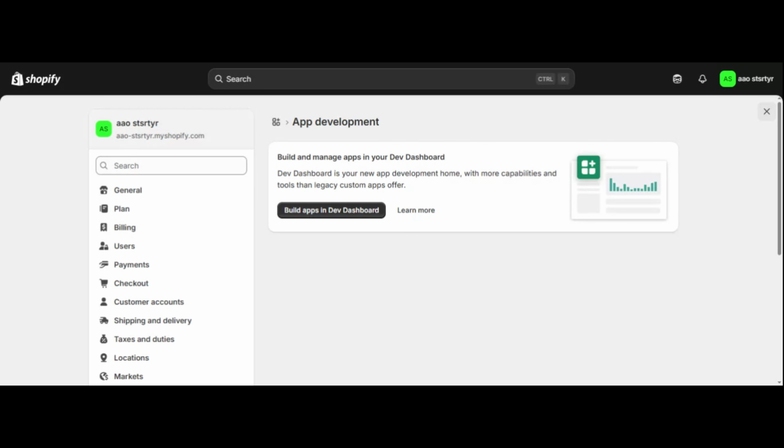And that's it. You've successfully created your Shopify Storefront API Access Token, and now you can use it to connect custom apps or build advanced storefront